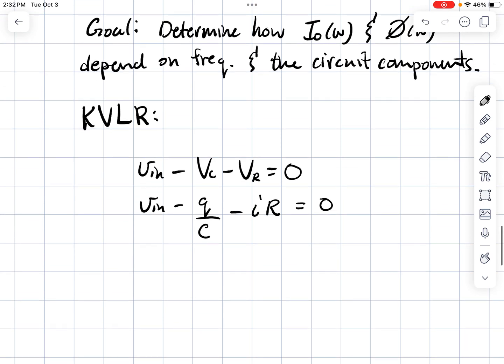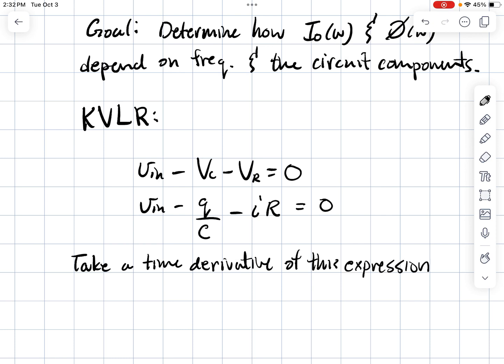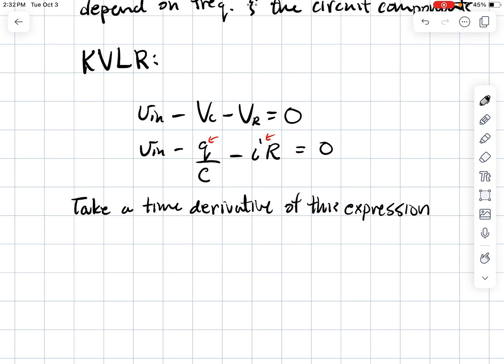So what we're going to do is take a time derivative of this expression. What that's going to do for us is convert this charge into a current, and then the current into a di dt, and then we'll have a differential equation in terms of the current. Okay, so we would have something like